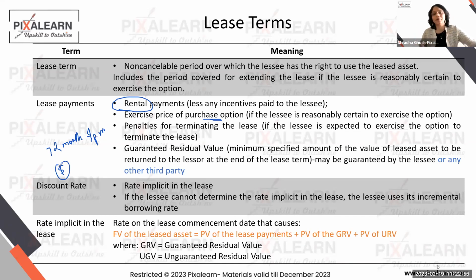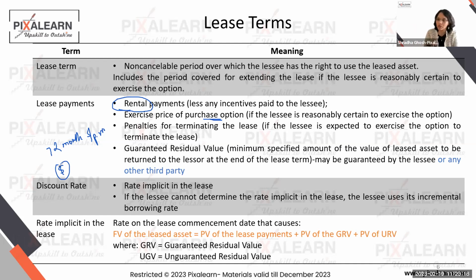Now, one thing I want you to understand here, guys, whenever in a question they tell you bargain purchase option, typically it does not mean that the lessee will not exercise the option. Whenever there is a bargain purchase option, if no other data is given, you will assume that the lessee will have to exercise that option. Basically, it is a favor to the lessor. It is more favorable for the lessor.